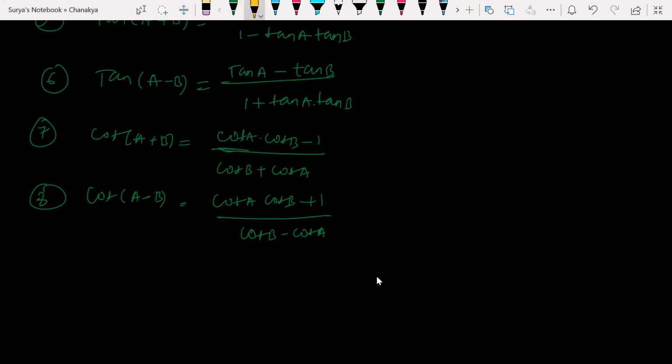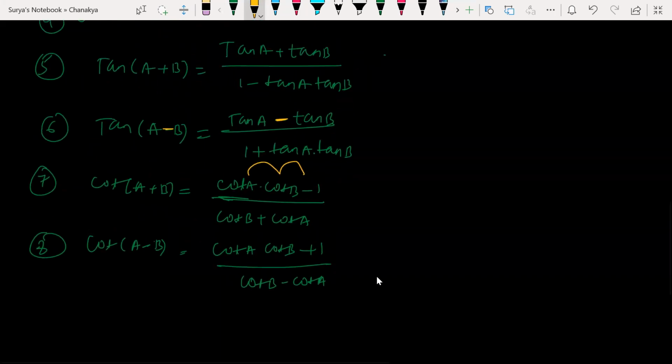So cot A plus B formula is what? Look at this here. Cot is nothing but the reciprocal of tan, right? So in tan, whatever you get in the denominator will go up, and in place of tan you need to put cot. So cot A into cot B minus. Here are opposite symbols, guys. If I have minus here, I'll get plus here. In tan, the same symbols appear in the numerator. If I have plus here, the same symbol I'll have here. Here, if I have plus, I'll get minus. If I have plus here, I'll have plus here.